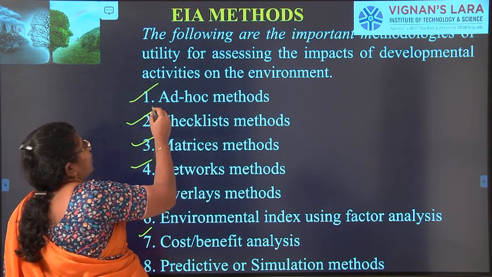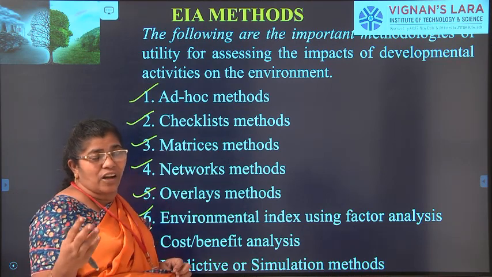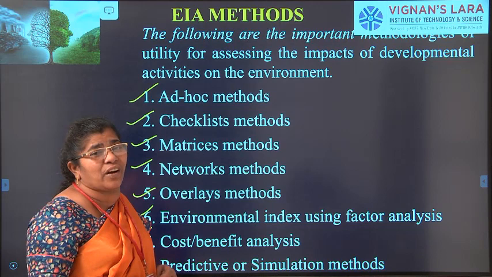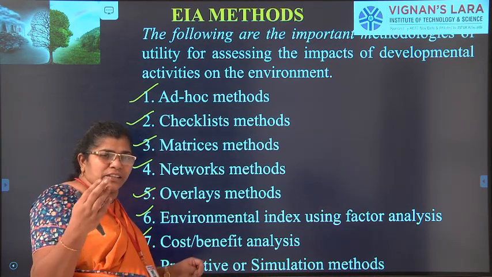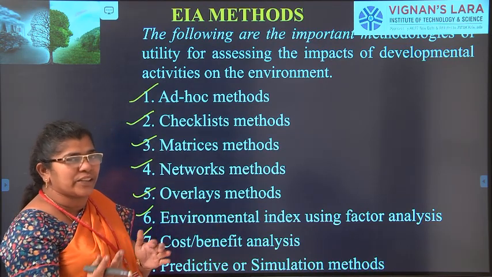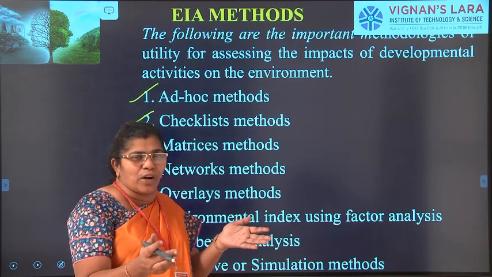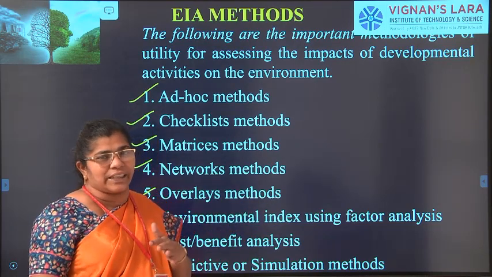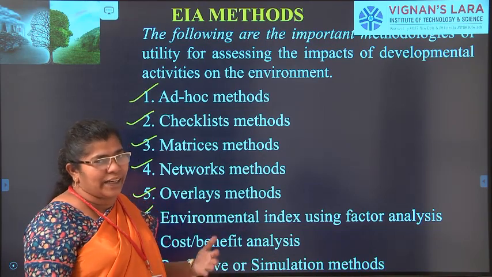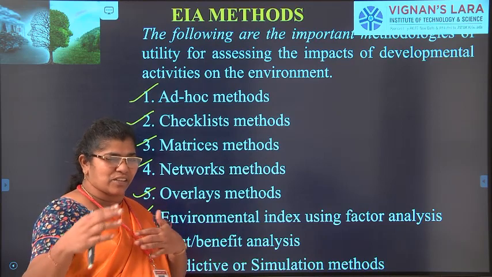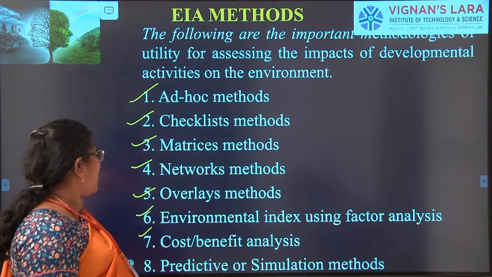Now first we will go for the ad hoc method and the checklist method in this class. What is ad hoc? Ad hoc is an emergency situation, we call it ad hoc, right? Ad hoc government, where the government loses its majority and we will have the presidential rule, other things, we will have an ad hoc government, or we call it an intermediate government. There will be a government that follows between the first government and the second government. We call it an ad hoc government. It is an emergency government. It is not a natural one, it is just a fast one. Random government, it is called a random selection. Everything we can say as ad hoc.